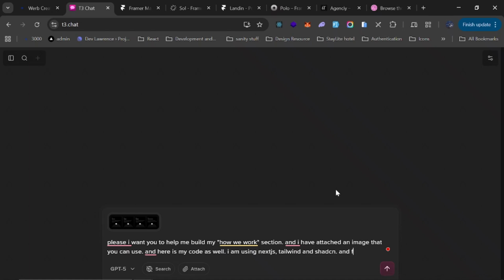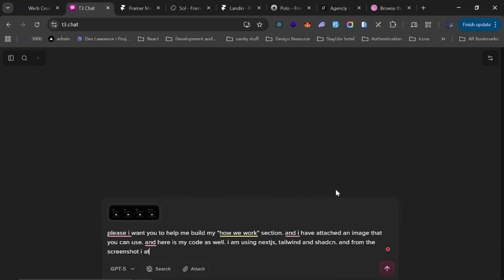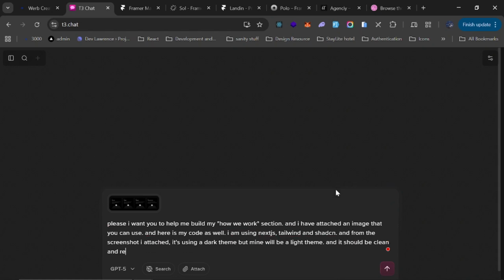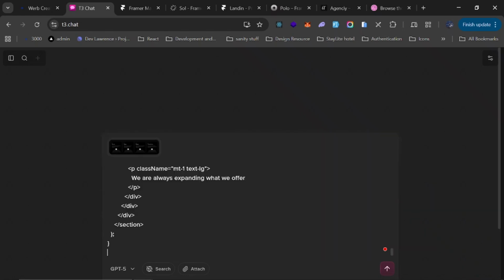And from the screenshots I attached, it's using a dark theme, but mine will be a light theme, and it should be clean and responsive for mobile as well. Good luck. So I'm going to paste the code right now. Now hit enter,